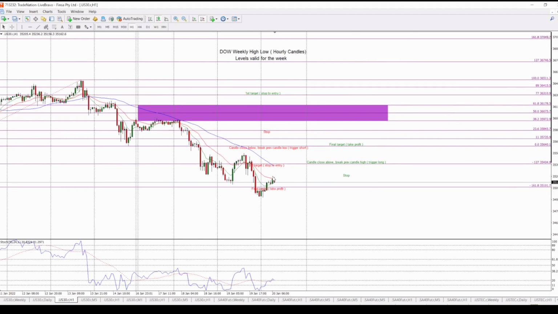Trend is down, 50 above 21 above the 8. As I said, next trigger for long will only be above the minus 127. Then again, stochastic and signal line are also both trading below the 38.2, also indicating with the moving averages that trend is down on the hourly time frame.